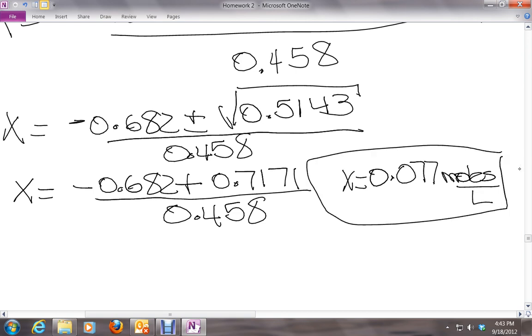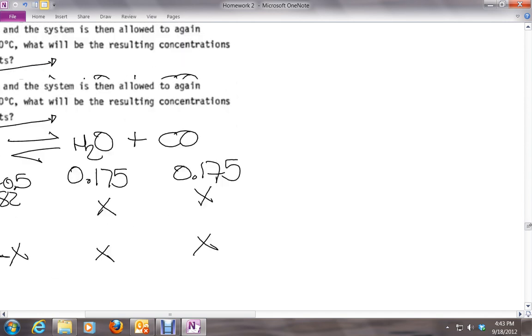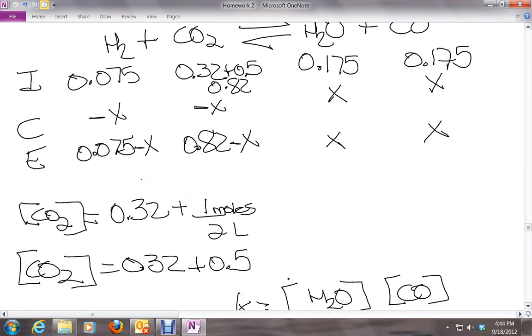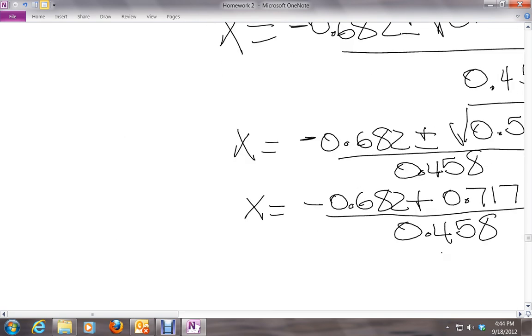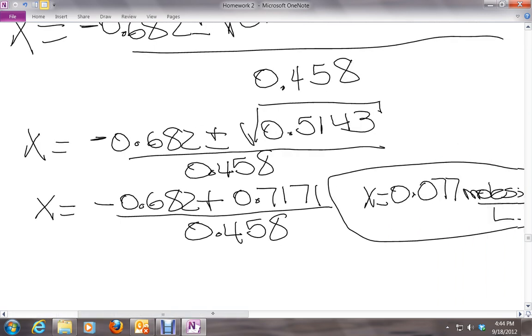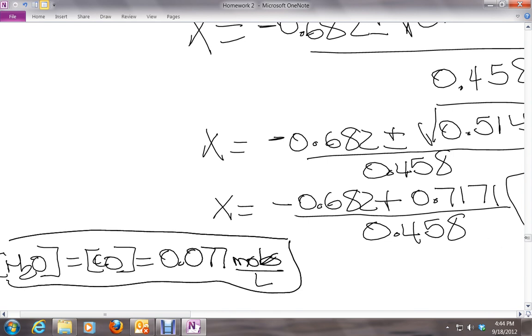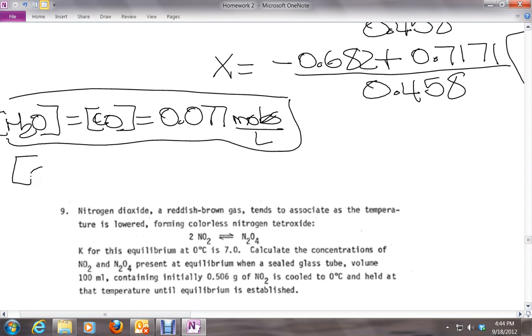Now let's go ahead and plug in our value, because that is only x. The concentration of H2O and CO is x. The concentration of CO2 is 0.82 minus x. Just remember this number. The concentration of water equals the concentration of CO, which equals the value of x, 0.077 moles per liter. The concentration now of CO2, remember it was 0.82, I don't know if you remember that, minus 0.077 equals